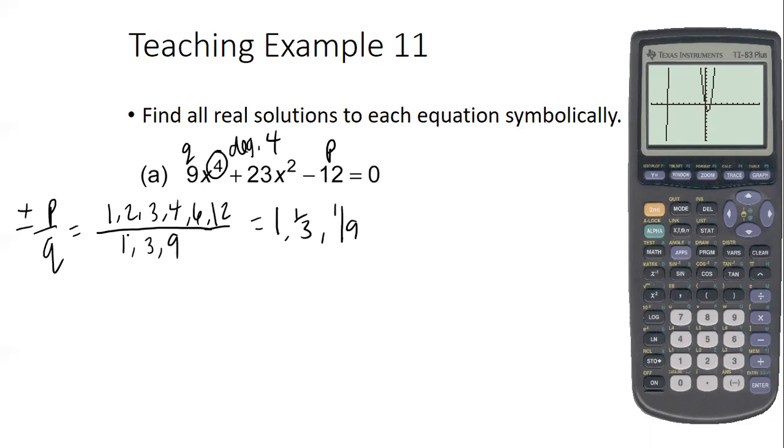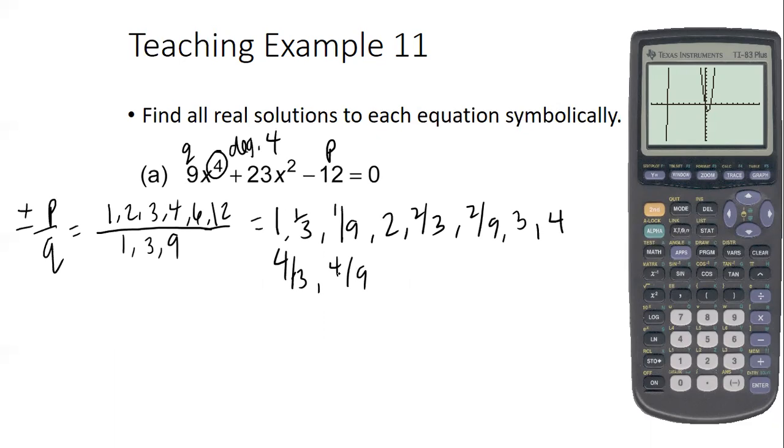and then I'm gonna do the same thing for everything else, right? 2 divided by 1 is, then we have 2 divided by 3 is, 2 divided by 9 is, then we have 3 divided by 1 is, 3 divided by 3 is, 3 divided by 9 is 1/3. Oh, it's my fault. It's all good. 4 divided by 1 is 4, 4 divided by 3 is, 4 divided by 9 is,